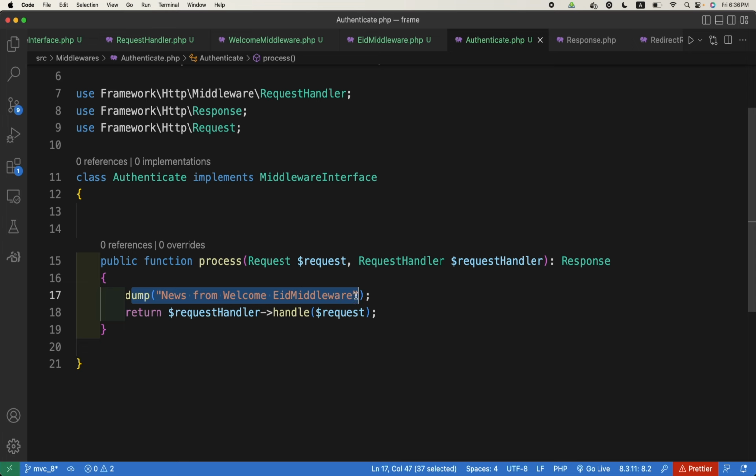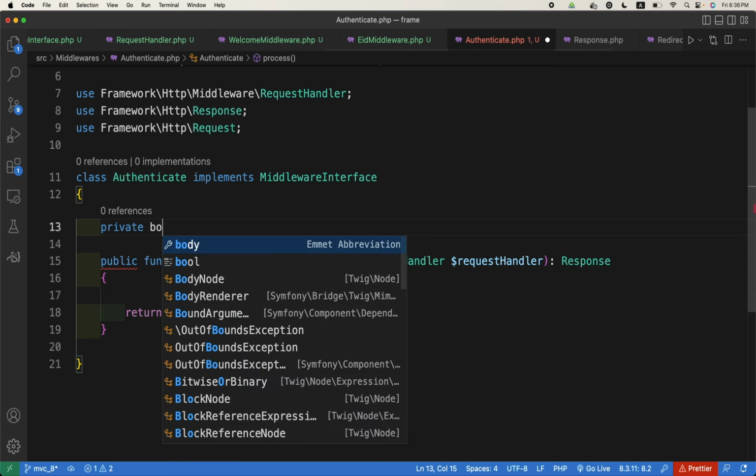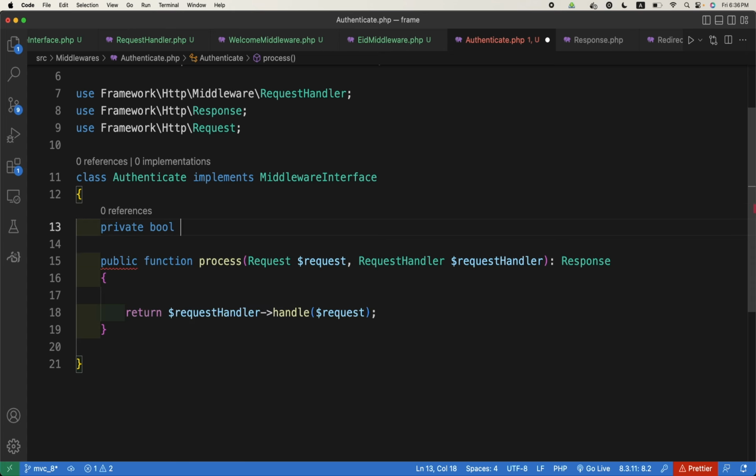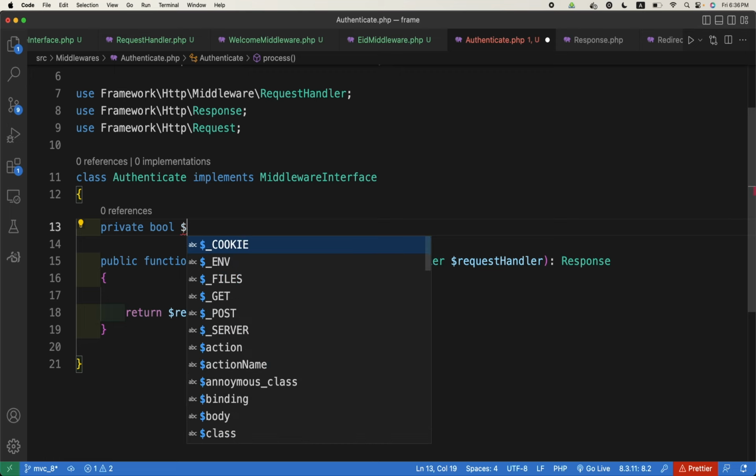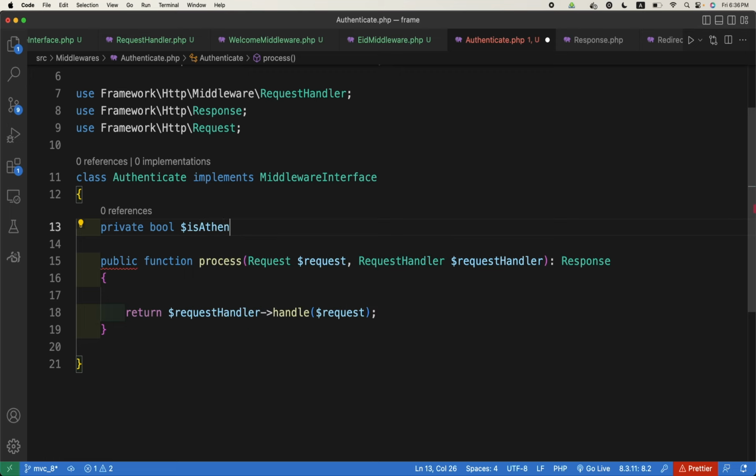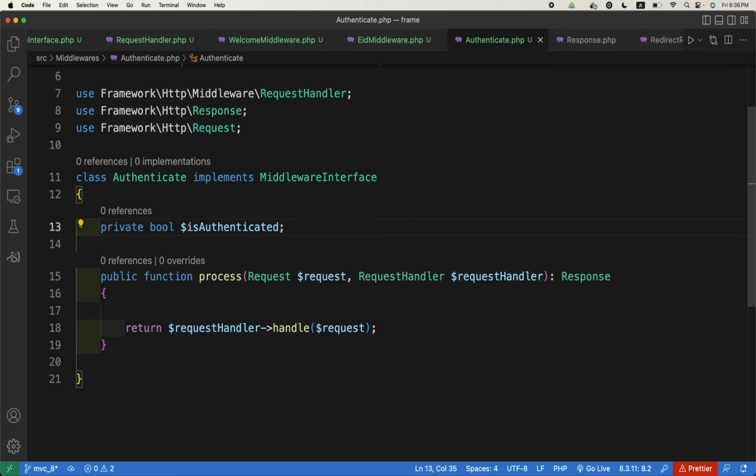It should have a property of type boolean, that should be isAuthenticated. So if this variable is true or false, we can decide on that, right? So inside the process here